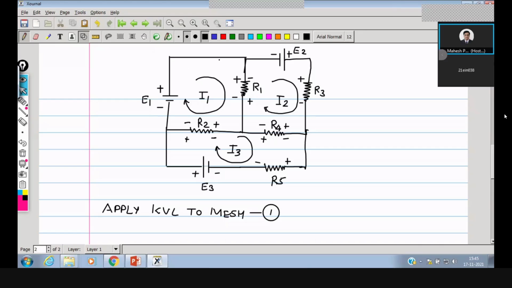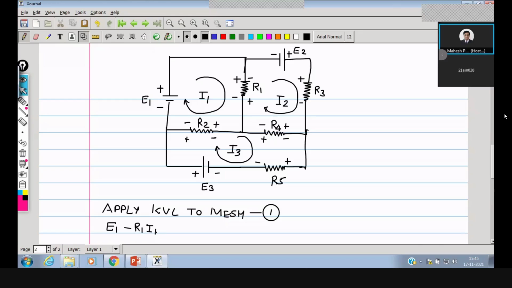And according to the sign conventions, we are going to write all these different equations. So this is a rise in voltage, fine, according to our definition. So we will write E1 minus, because it is plus and minus, and the direction is from top to bottom. So here we will write the voltage drop across R1 due to I1. If we do not confuse, we will always write the resistance value first. So R1 I1.